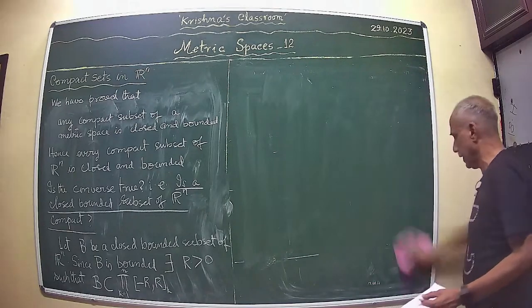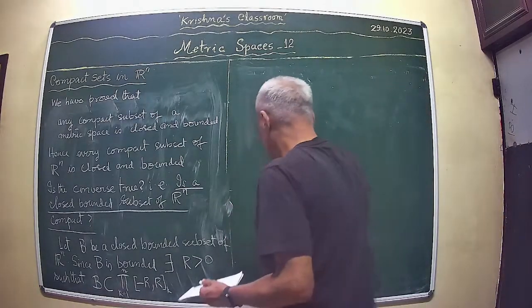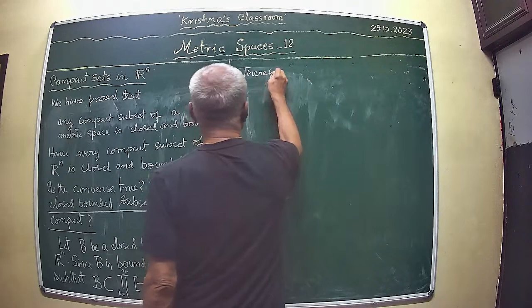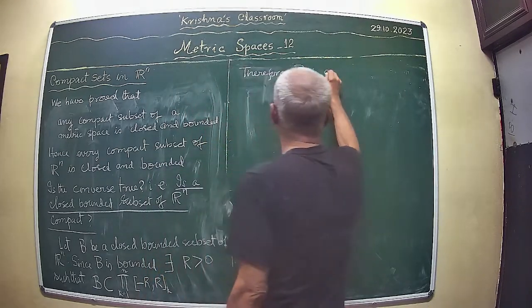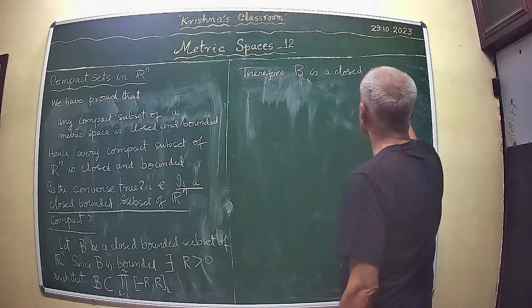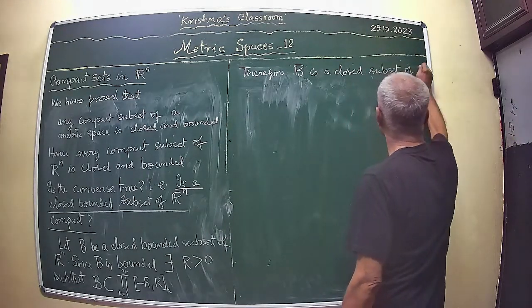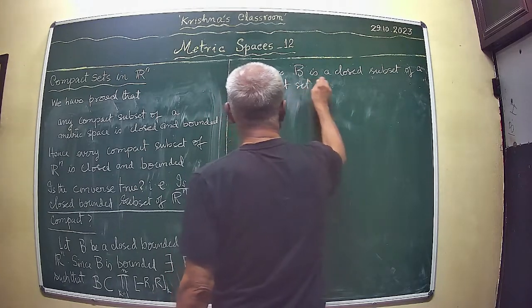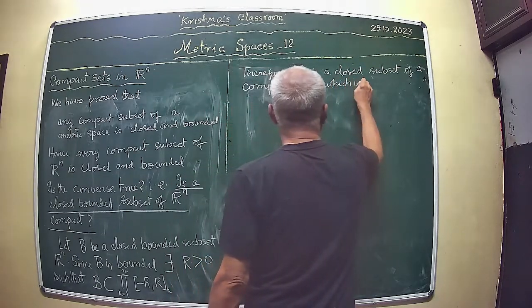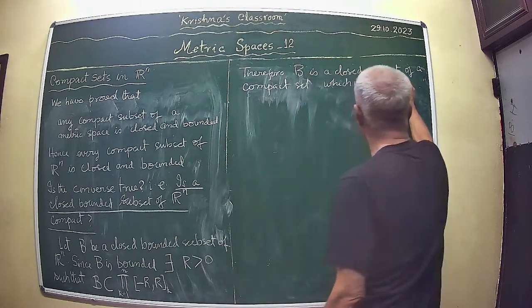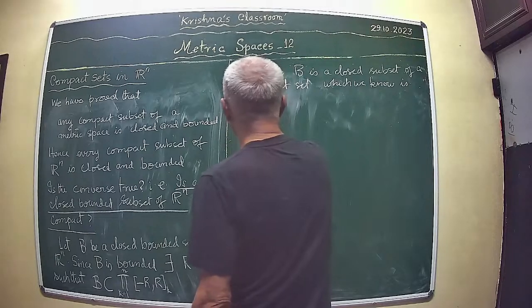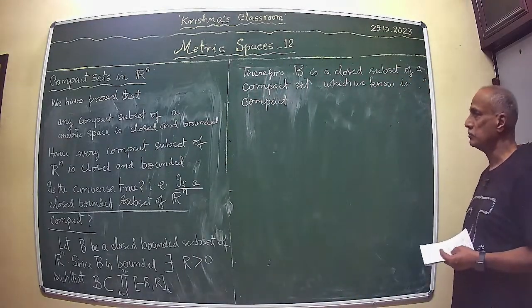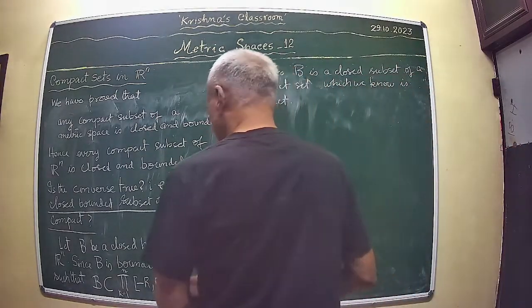Therefore, B is a closed subset of a compact set, which we know is compact. Okay. Therefore,